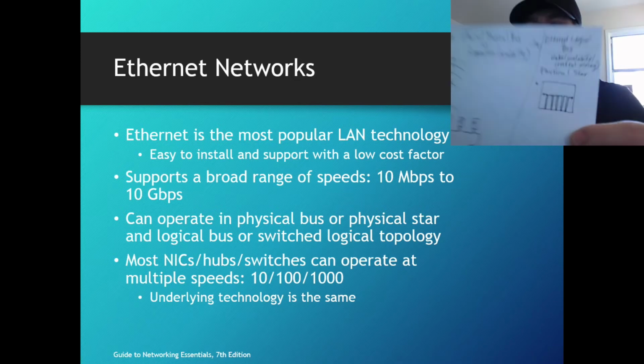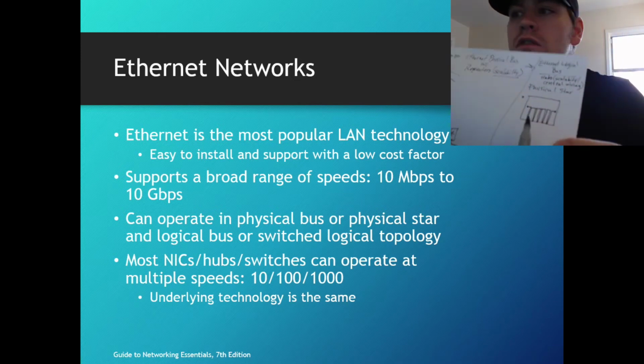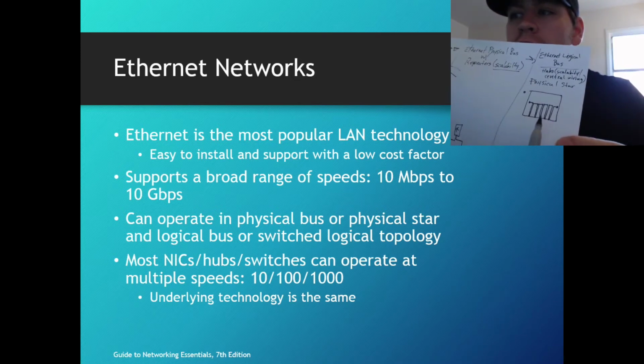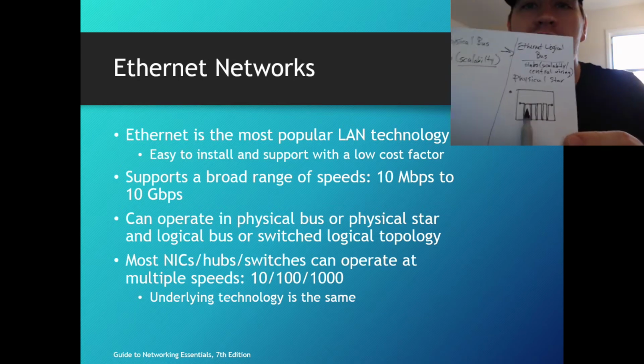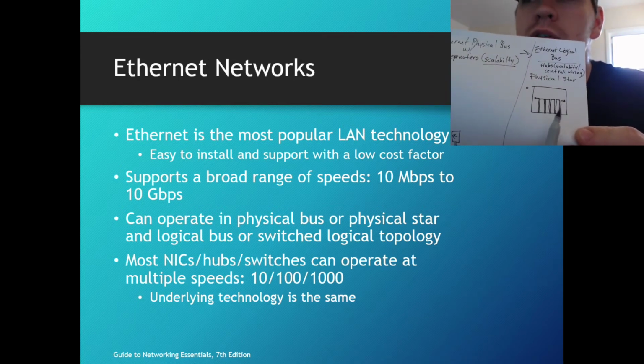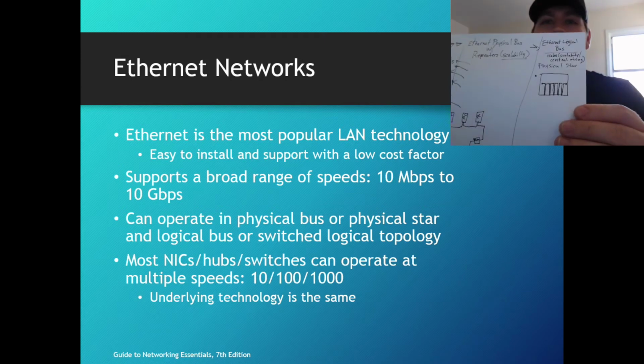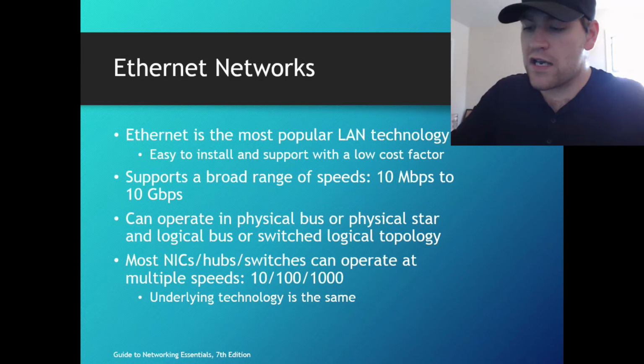So each one of these would be a port on the hub, and you see there's a sending and a receiving port. Okay, and that would be your daisy chain. Okay, and so now when you connect out,